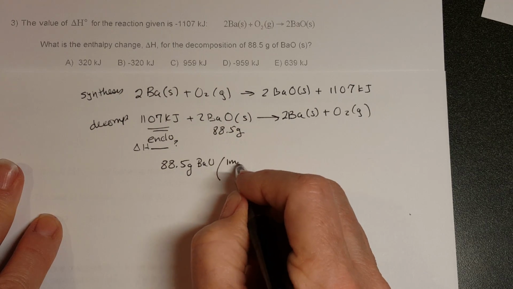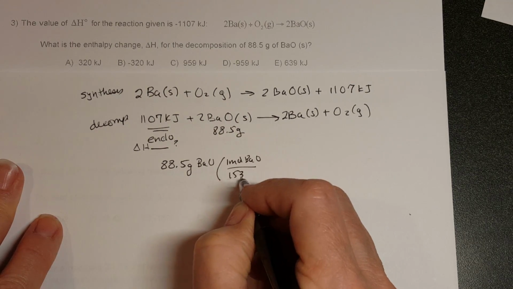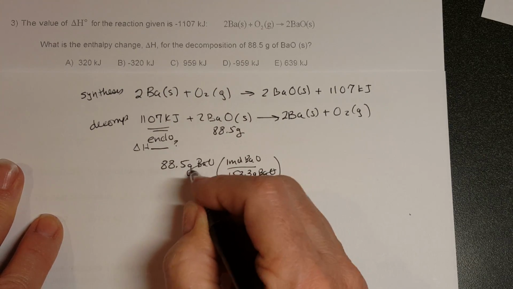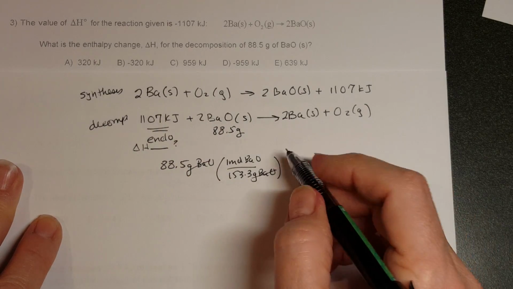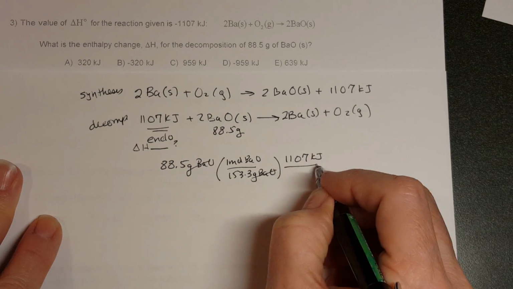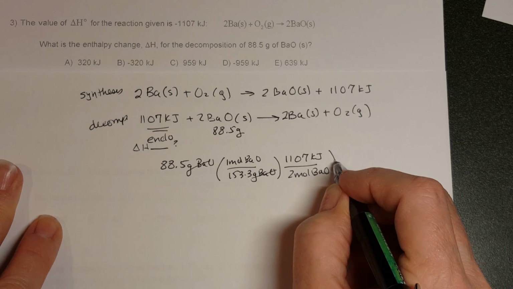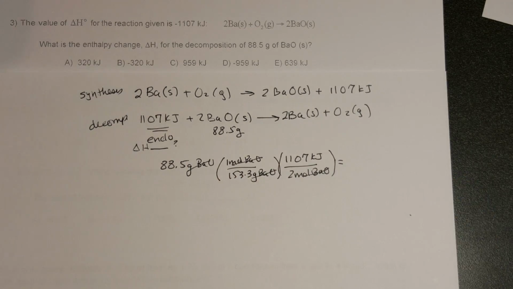So we're going to say 1 mole of BaO is equal to 153.3 grams of BaO. That cancels this, and now we can go to something else in our reaction, which is the kilojoules. So times 1107 kilojoules for every 2 moles of BaO, and that cancels moles of BaO. And when you do that on the calculator,